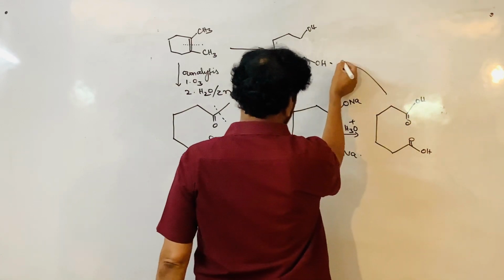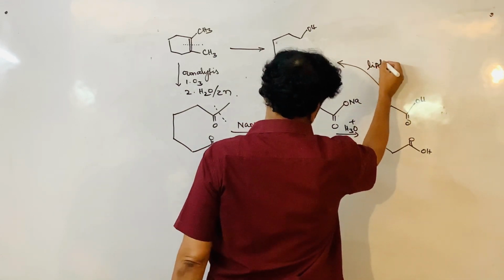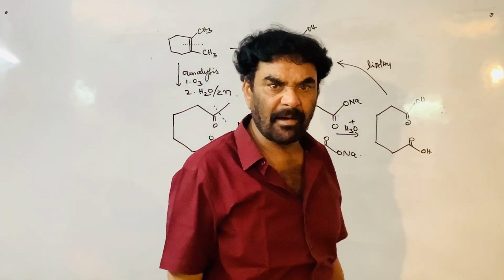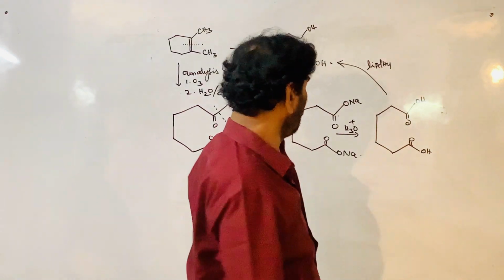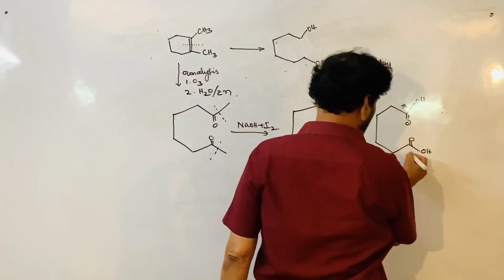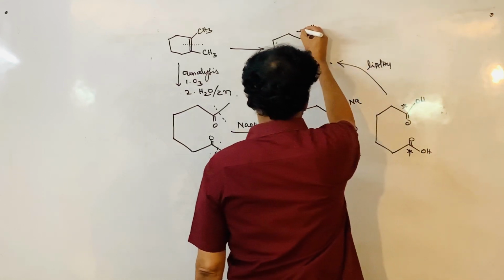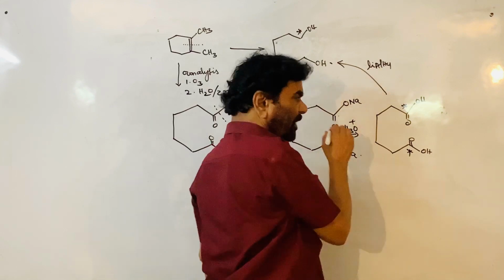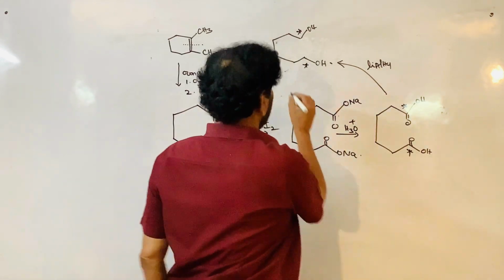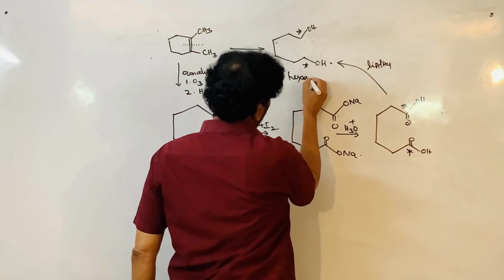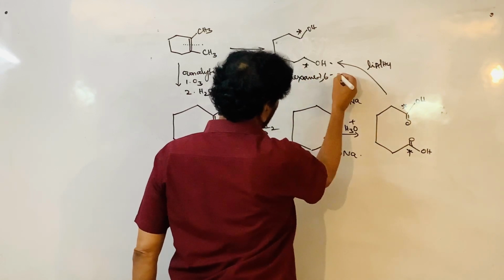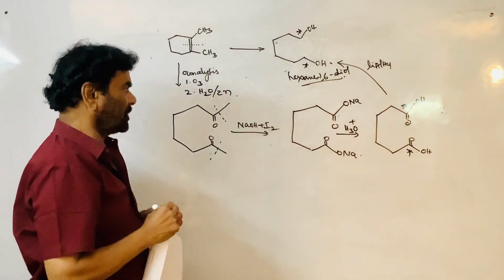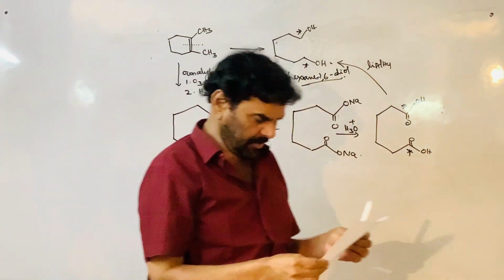Now it is treated with lithium aluminium hydride, which reduces the carboxylic acid group into primary alcohol group, right? Same known reaction. So this star carbon is converted to star. 1, 2, 3, 4, 5, 6. Hexane 1,6-diol is the name of the compound. So this is the route for this one.